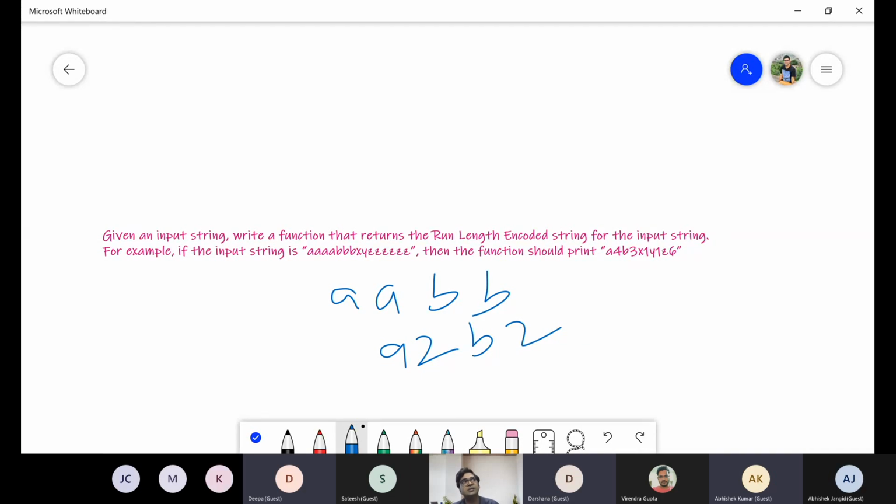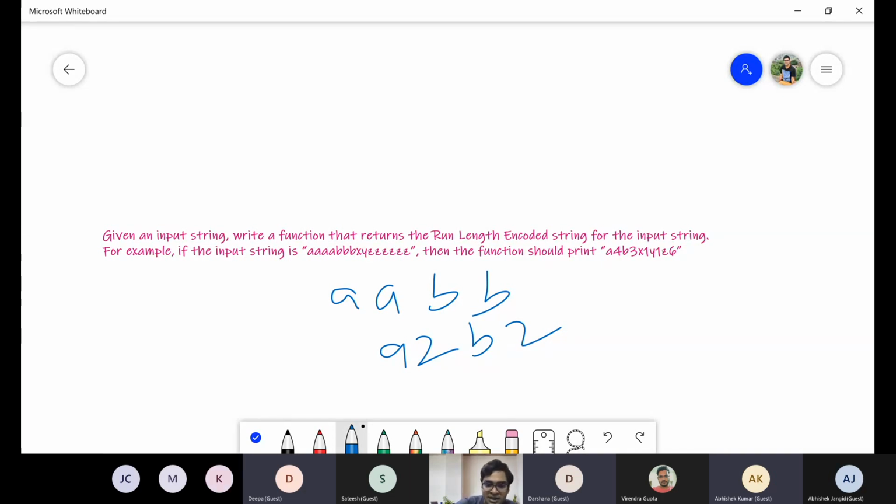Now, if we remove the hash map logic, and do not store the hash map part, then we can directly print. We know A is the first element and I need to print A. I will write a comparison: if string of I is equal to string of I plus 1, then we move forward and increase the count. Whenever this condition breaks, I print string I plus count.